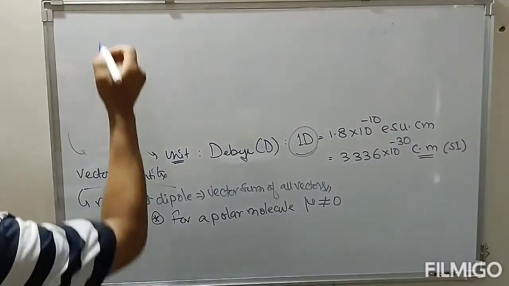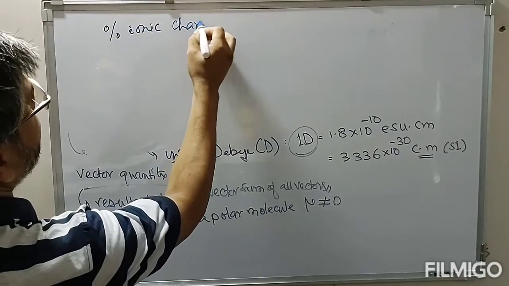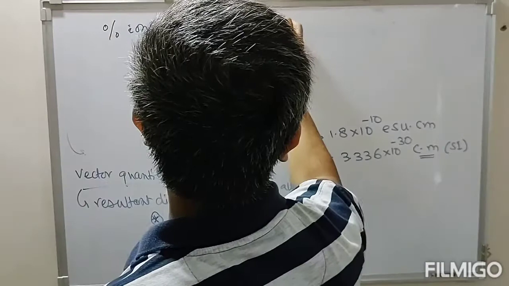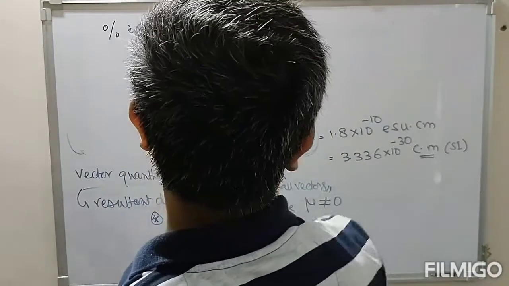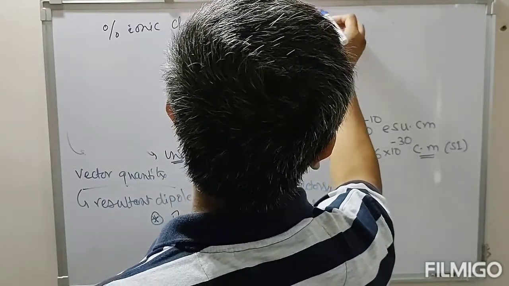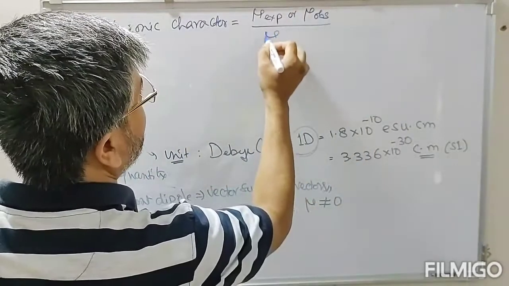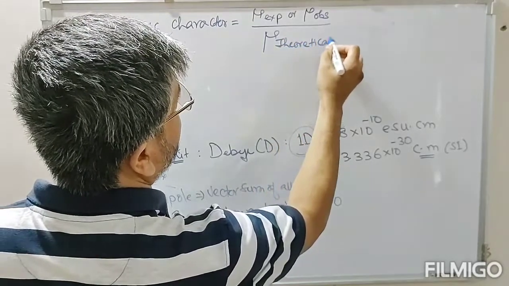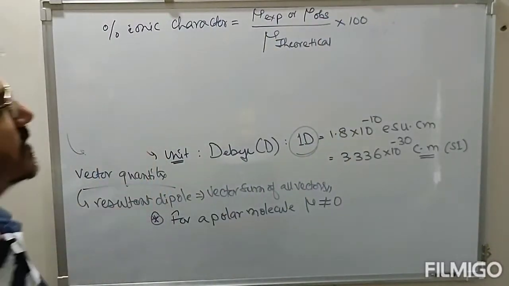Percentage ionic character is equal to the dipole moment experimental, which is the observed value, divided by the dipole moment theoretical, into 100. So theoretical is